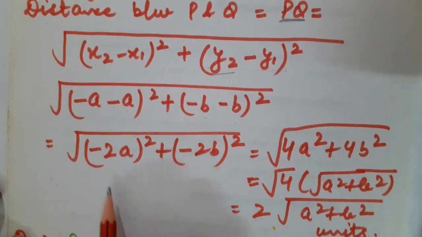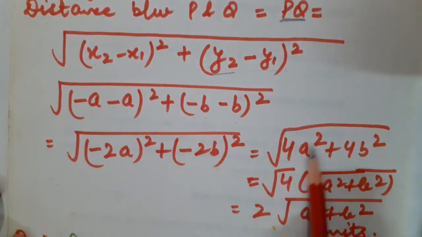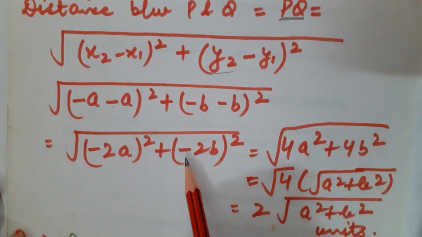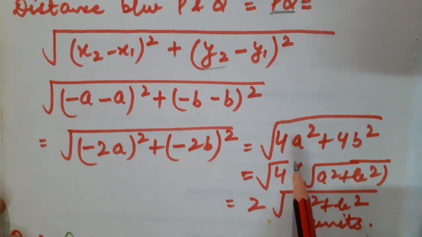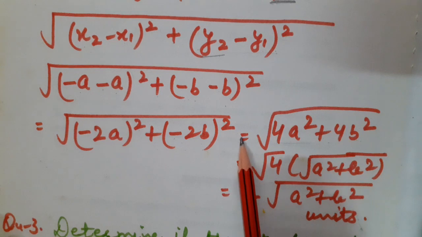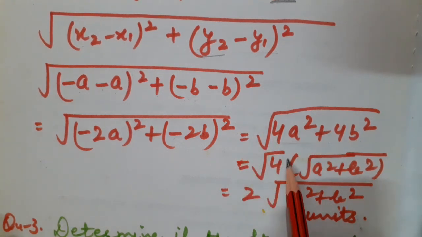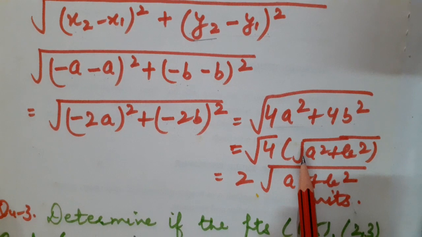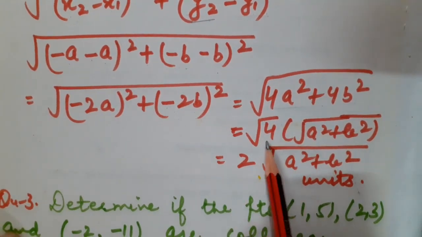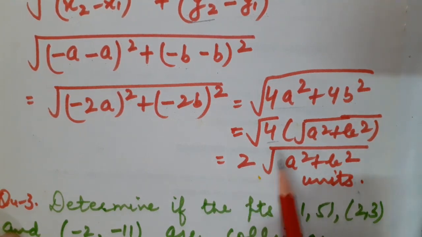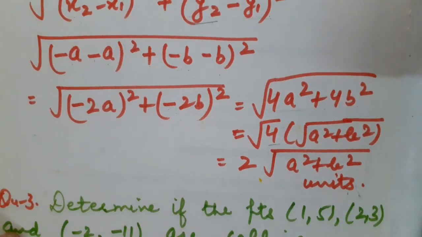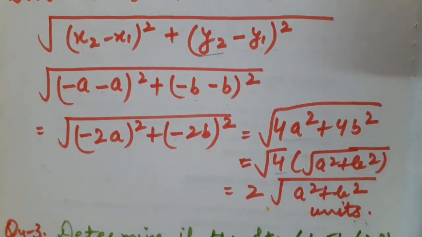Okay. Now minus 2a whole square will give you 4a square plus minus 2b whole square will give you plus 4b square, because minus into minus will become plus. Now I am going to take 4 common. Where I took 4 common, so definitely under root will also be coming along with it. It would be root 4. In bracket, what is left? In whole under root, a square plus b square is left. Fine, students. So as you know that 4 is a perfect square, so it would be 2 into whole under root a square plus b square units. So this is basically the distance between the two coordinates which were given in the question.